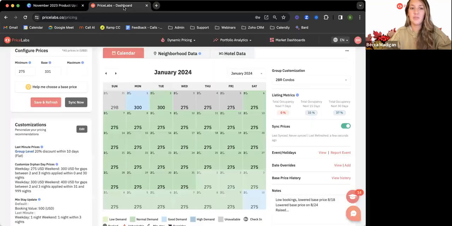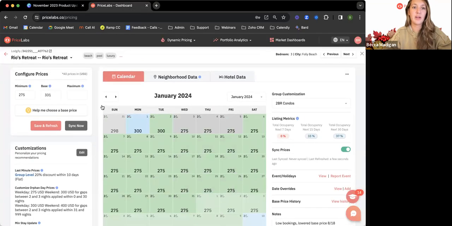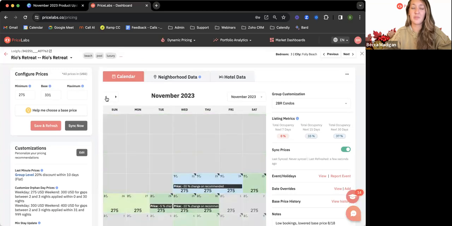Yeah, so a couple of things I would point out. Vrbo and maybe Airbnb for new listings will give you the option to do a discount for the first couple of bookings. It's totally fine to apply discounts outside of PriceLabs. Just keep in mind that once prices leave our system, we don't control them anymore. So when you're setting your minimum price, keep in mind any discounts. If you have a 40% discount for the first 3 bookings, you might want to set your minimum a little bit higher than you normally would,